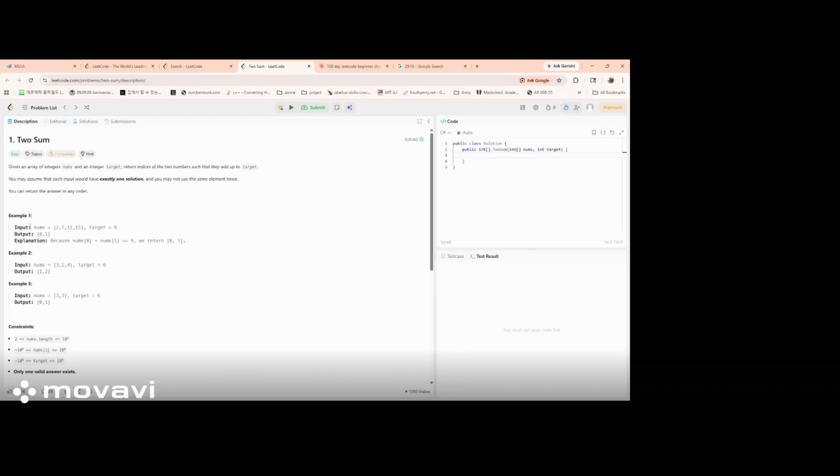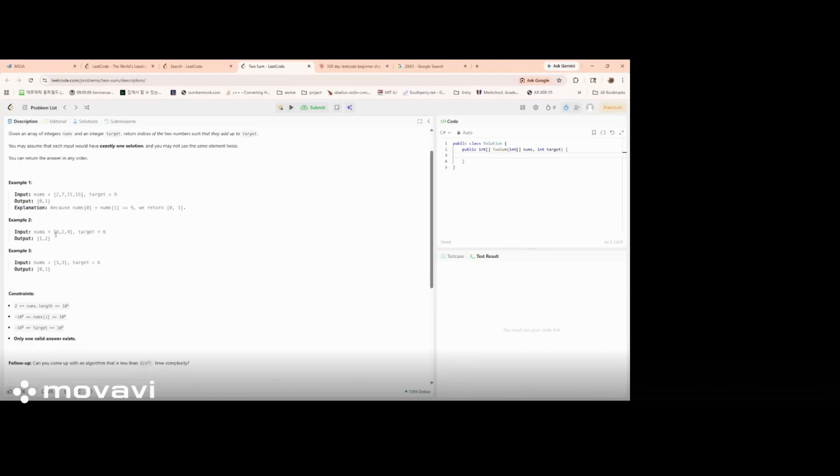Example 1, input is 2, 7, 11, 15, and the target is 9. So then they would output the first index zero and the first index one. Explanation, okay, 3, 2, 4, it would be 1 and 2. So we have the twoSum function here with parameters that are an integer array called nums, and an integer target. So we have to